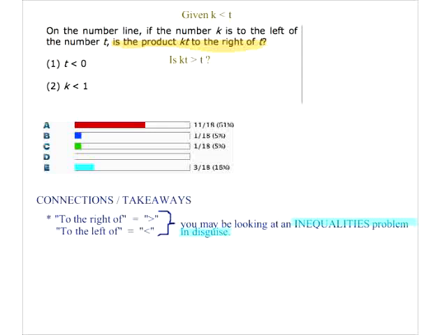Does anybody know what kinds of numbers we have to think about in particular when we think about such inequalities? So PNZ, positive, negative, 0, very true. And then also fractions. So, right. In such inequalities, you may have to consider the following types of numbers. Positive, negative, 0 pretty much all the time.